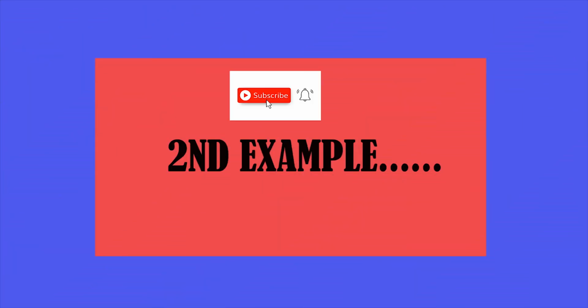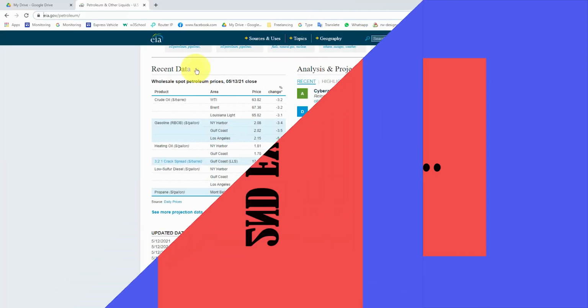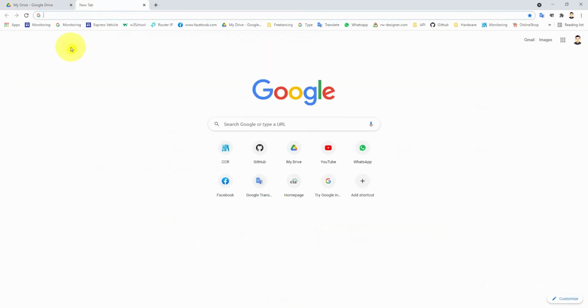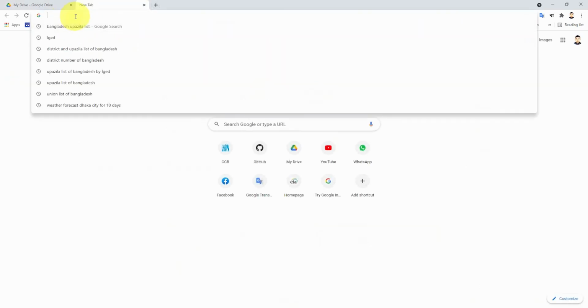Now I am showing the second example. At first, I am searching for all the Upazila names of Bangladesh.